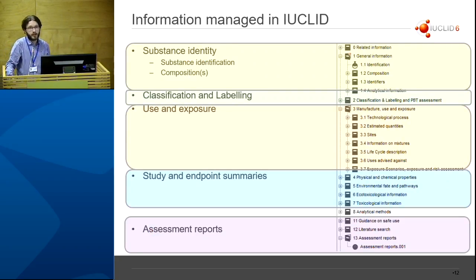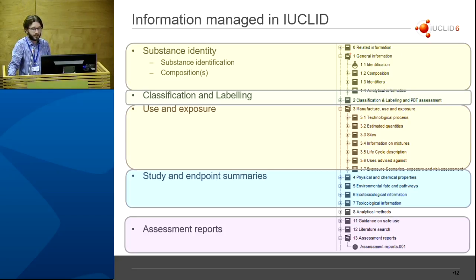So here you have an overview of the type of information that is managed and recorded in IUCLID. You have substance identity information, such as the composition and the analytical information. Then the second box is the classification labeling information, as well as the PBT assessment outcome. Use and exposure information, where you describe the quantities you are producing or importing, or how you manufacture the